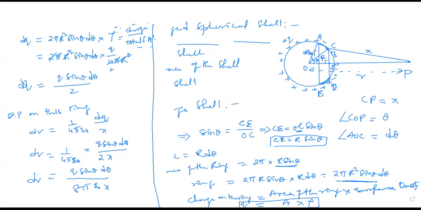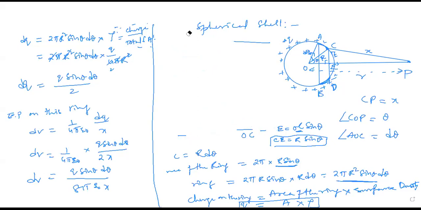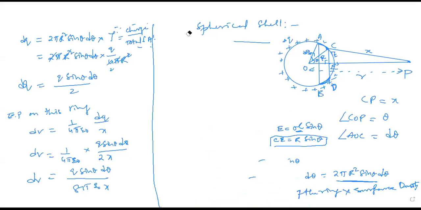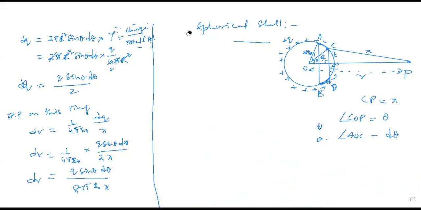Now we have to get it for the total charged spherical shell. So what do I have to do now? Can I erase this portion? The next one I'm doing here. You might have noted down. I said to follow the steps as I do them, so you can also do it one step after another. If you get any doubt, please raise it. Already I said you can ask the question. So here we can write the same expression.